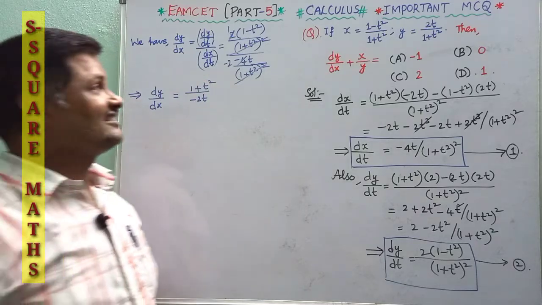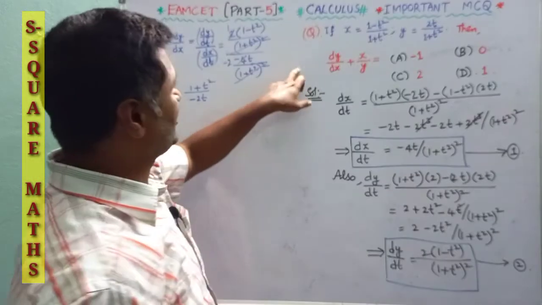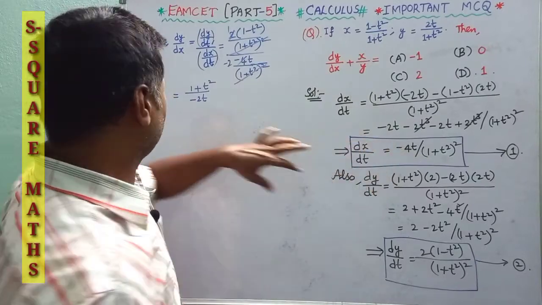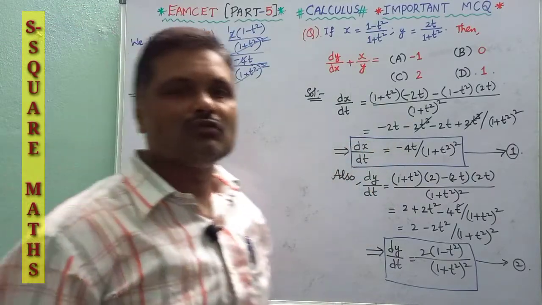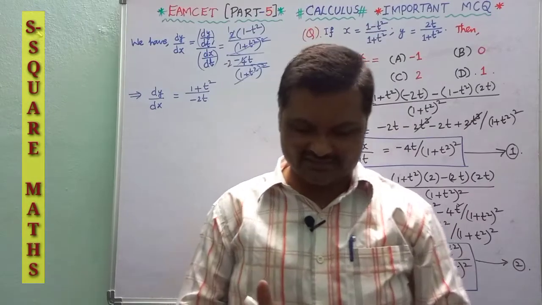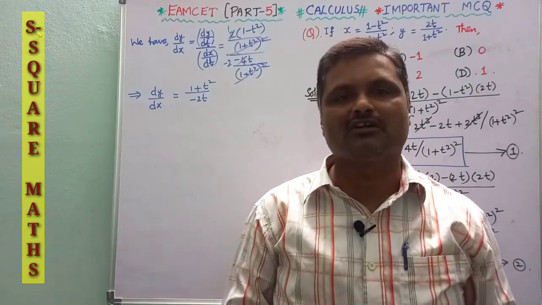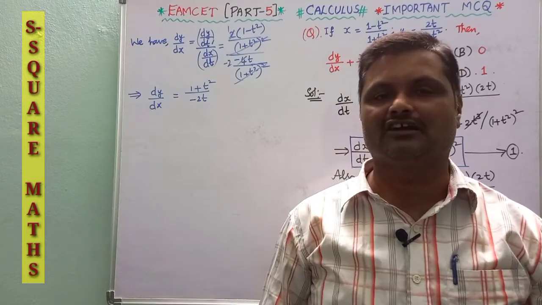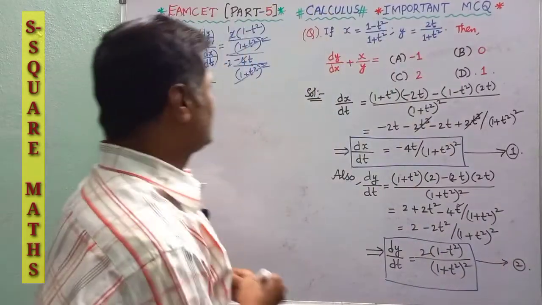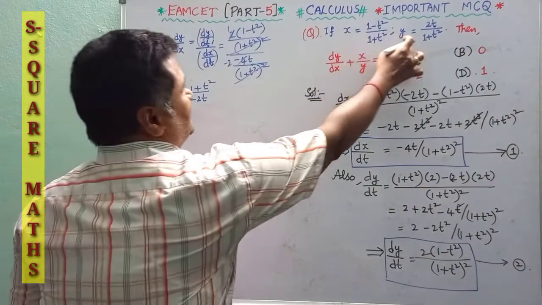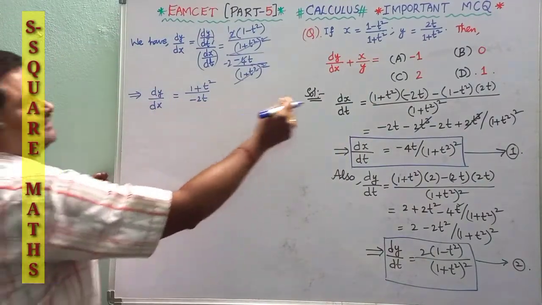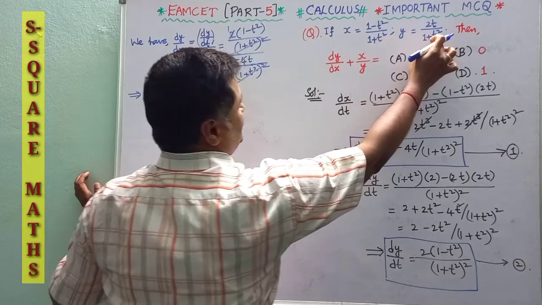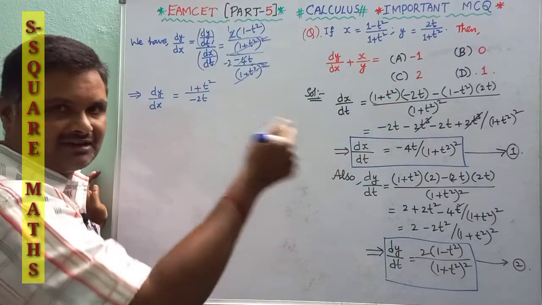But our intention is to get dy by dx plus x by y, and here I got dy by dx as this. So the next steps are most important. Please viewers, look over here how I am proceeding now. To get this part, I am dividing the given expression with 1 plus t square, which lies in the denominators.